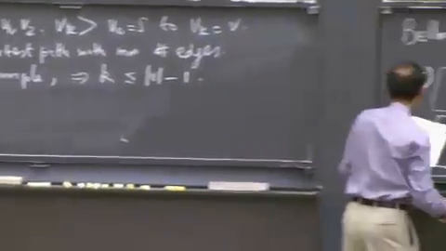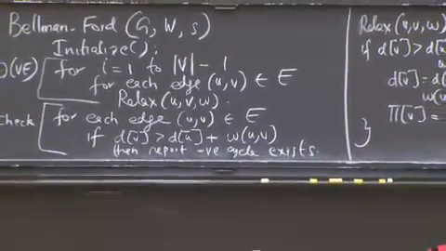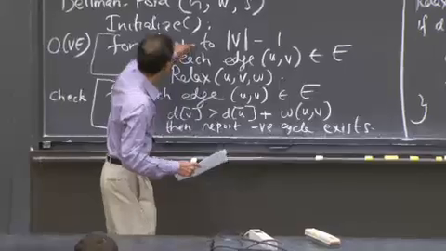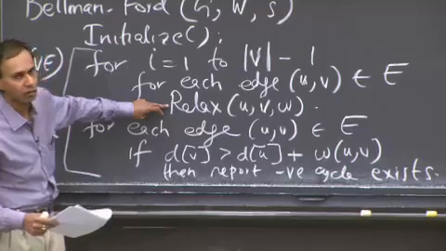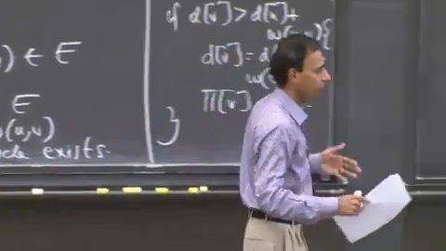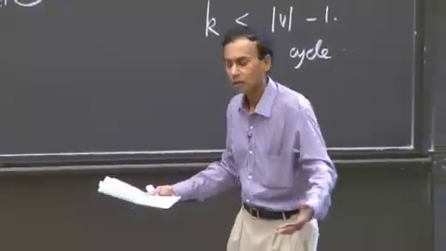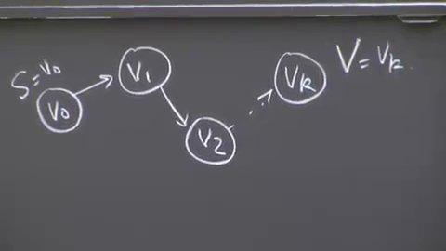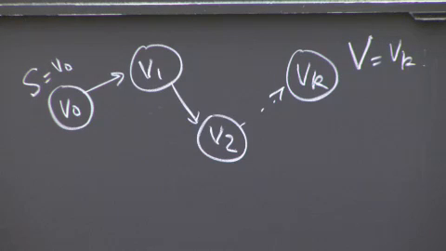Now, keep in mind that picture over there to the right, and basically the argument is going to go as follows. Remember that I'm going to be relaxing every edge in each pass of the algorithm. There are no choices here. And essentially the proof goes as follows. I'm going to be moving closer and closer to VK and constructing this shortest path at every pass.